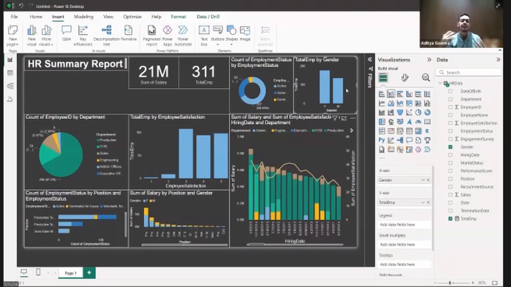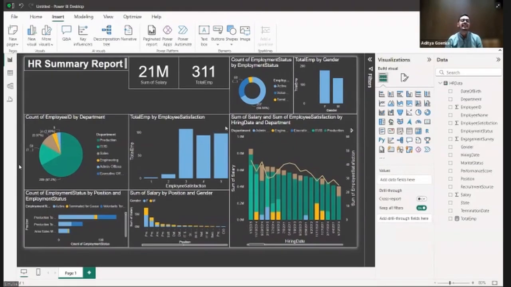Okay, now if you want to modify it further, you can do that, you can add more modifications to this. Now guys, there is something very insightful in Power BI, something very amazing in Power BI which you won't see in any other visualization tools. Does anyone know what I am talking about? This is something which will absolutely blow your mind. What is it? It is the power of interactivity. Okay? It is the power of interactivity in Power BI.